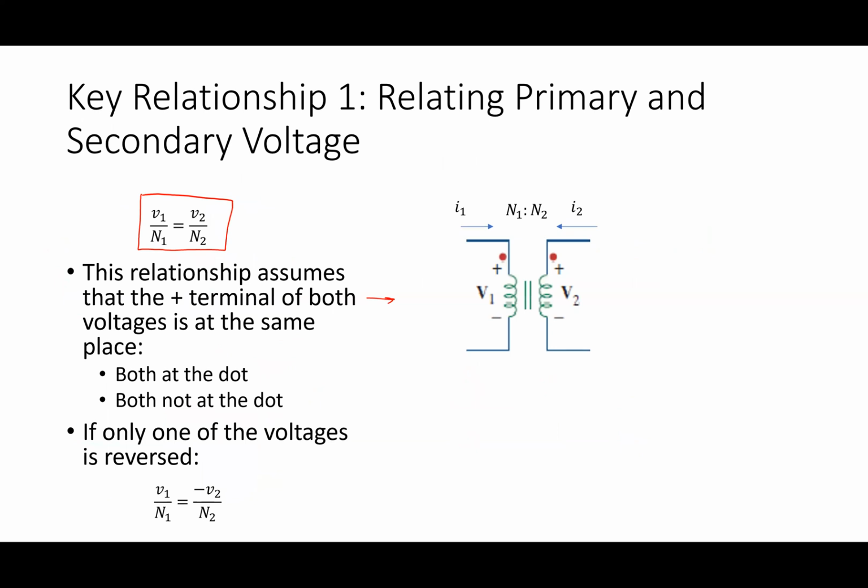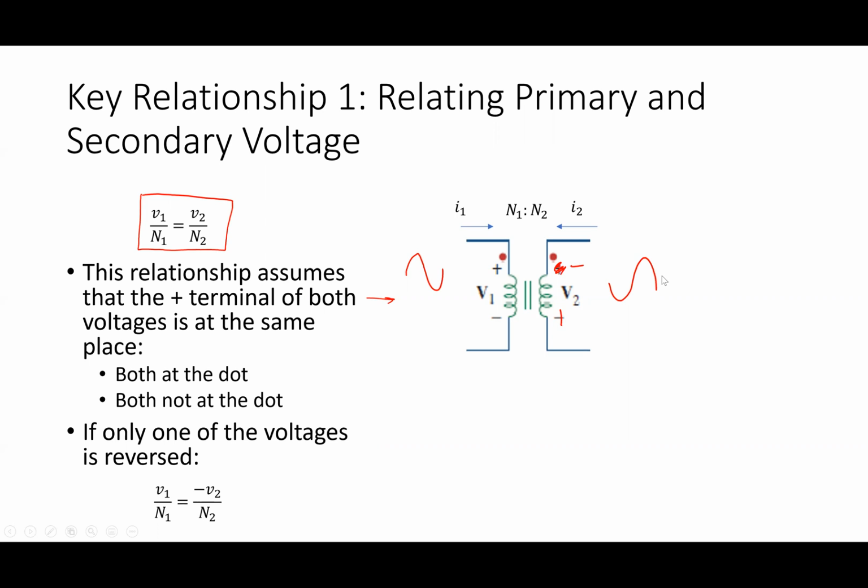So, knowing that, basically what we do is we say, if I put a positive voltage here, a voltage that looked like this, so in other words, I put the plus sign at the dot. If I had the plus sign at the dot over here, what I would see is a voltage that looked exactly the same. It would be smaller or bigger, depending on the number of turns, but they would look the same. If I reversed them though, so if I had a plus sign here and a minus sign here, what I would get in that case is it would reverse like that.